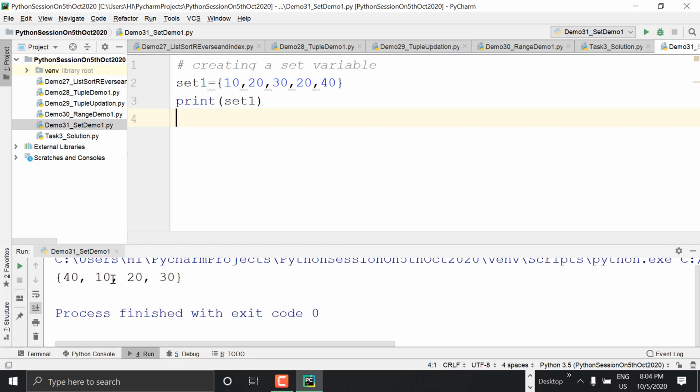Now print ch1 and see the output. You'll have HELO or HOLE, whatever it is. The order may vary. When you run it the first time, you may get it like this. The second time, it may be shuffled. You may get ELOH. Earlier 40, 10, 20, 30 was in the same order, but now this has changed.